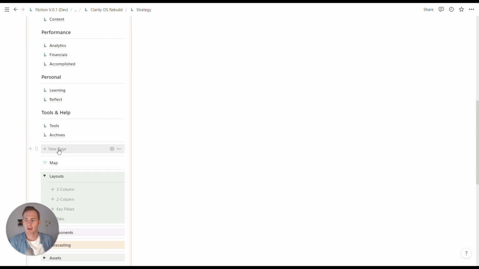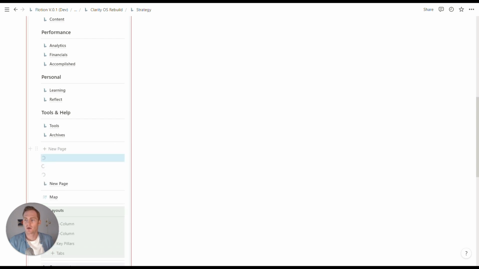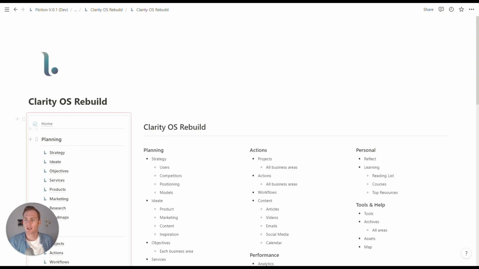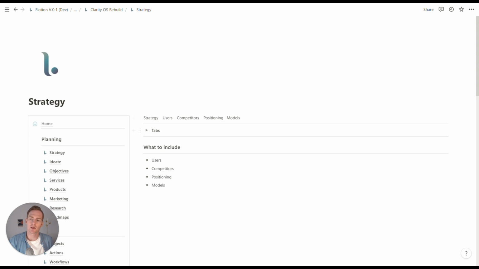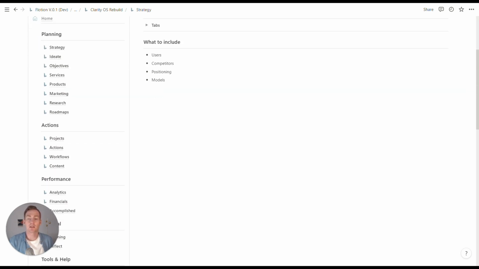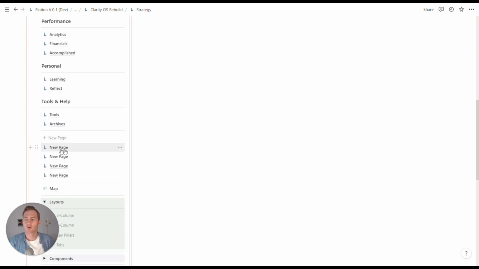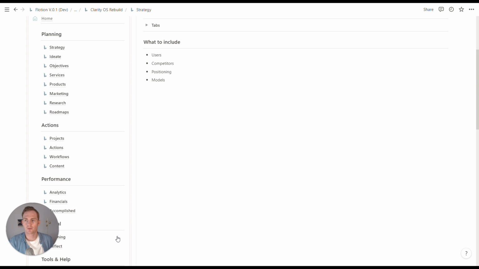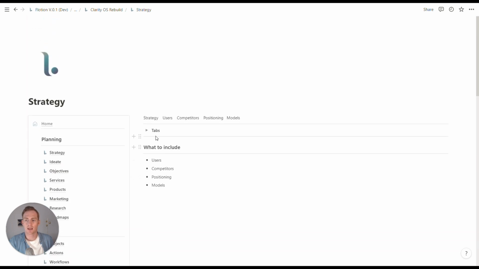So I'm going to create 4 pages, 2, 3, 4. We got them all. It's going to take me to the most recently made one. And then the easiest way to get those pages where they'll be easy to work with. So we just created 4 new pages down here. We're currently on our strategy page. And what I'm going to do is I'm going to drag all 4 of those newly created pages into this